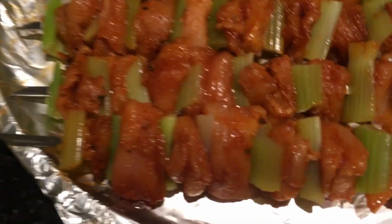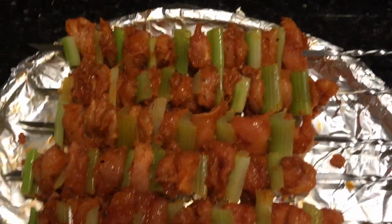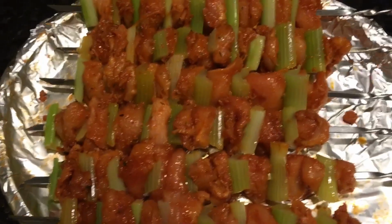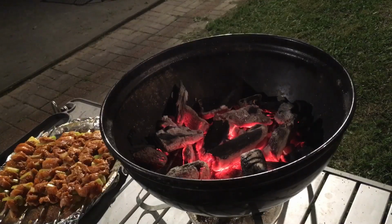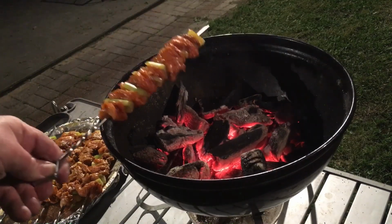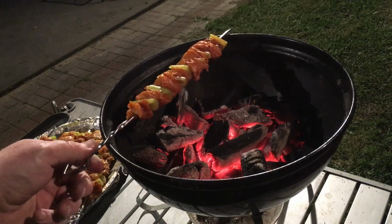So there they are, all loaded up. I had just enough chicken for half a dozen skewers, and I had about 6 pieces of celery left over. But anyway, they're ready to go for the grill thrill. All right, I got a nice hot bed of coals going down here. No grill grate, just going to set the